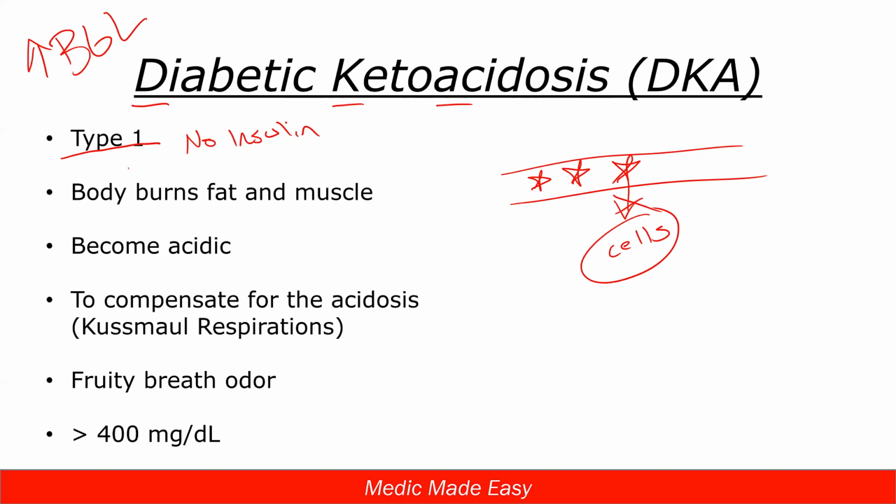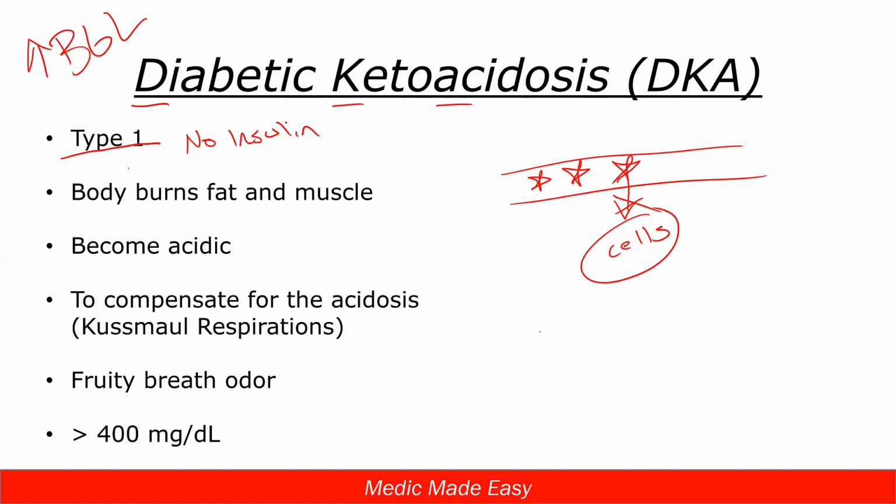And the body says, all right, well, we can burn fat and we can break down muscle cells. And in that breakdown process, it generates a little bit of energy. It generates some waste products too that we're not thrilled about, but it's a backup system, so we're at least staying alive because our body is still able to make some energy. Not as much again, but still makes some.